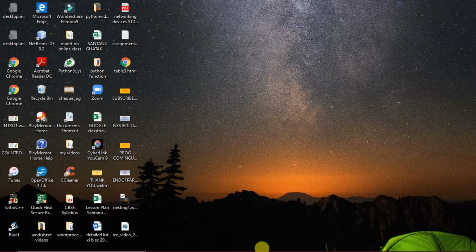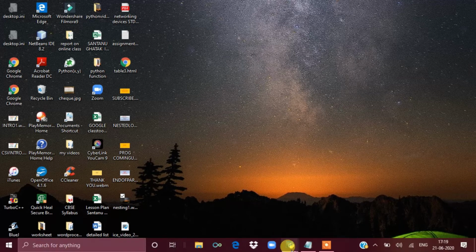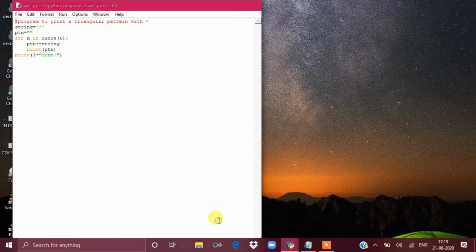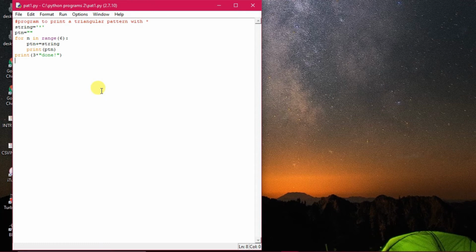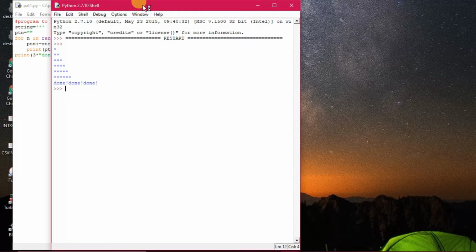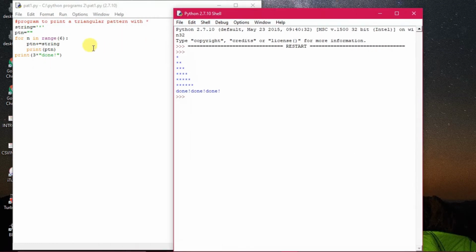Now we are going with another program as well. We'll see out here. This program is very easy to understand. This will give you an idea of how, even without nesting, we can create a nesting environment. So you see the output, then you will understand. You can see previously you have done this. Any way you can do it, because with the star asterisk and the string, however many times you give, that many times it will be executing.